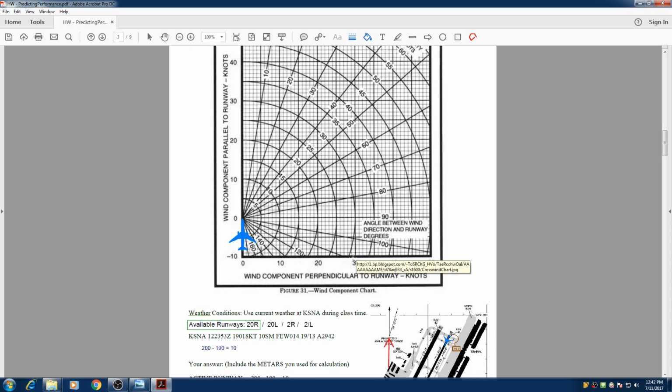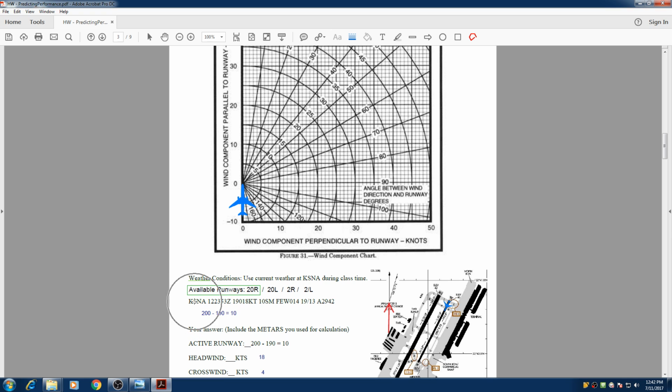So today we are working on John Wayne Airport. We got the METAR from aviationweather.com, and our winds are coming from 190 at 18 knots, and we are about to choose a runway. So this chart will help us to choose our runways. Which runway has the least, or the minimum